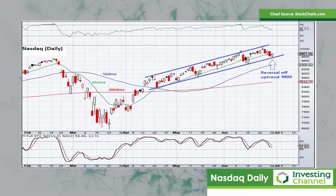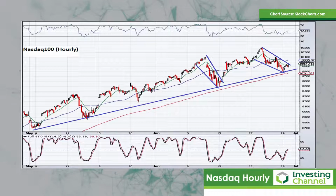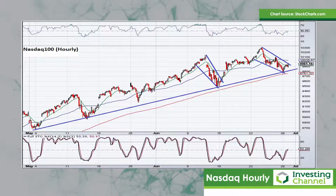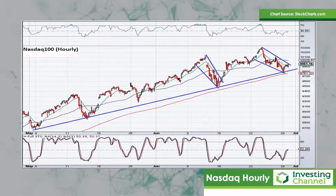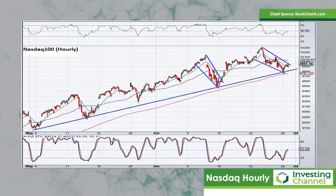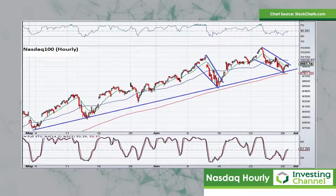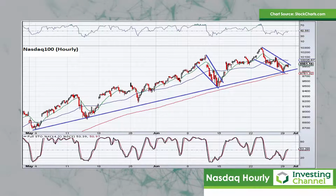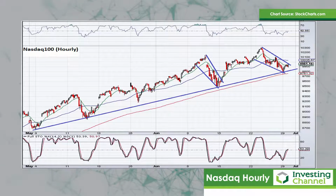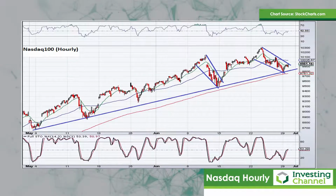If we zoom in then to the hourly chart of the Nasdaq, here you can see again that rising channel that I spoke about still very much intact. And there are a series of nice continuation patterns in that rising trend that we've seen over the last couple of weeks. Most recently, you can see there's a falling wedge pattern on the right-hand side of that chart. That is typically a bullish continuation pattern in a rising trend. And if this market were to break out to the upper end of that falling wedge pattern, then that could quite easily signal that this index goes back up to the prior top at about